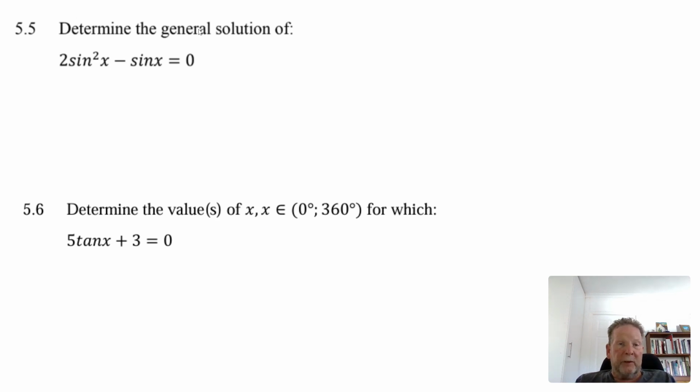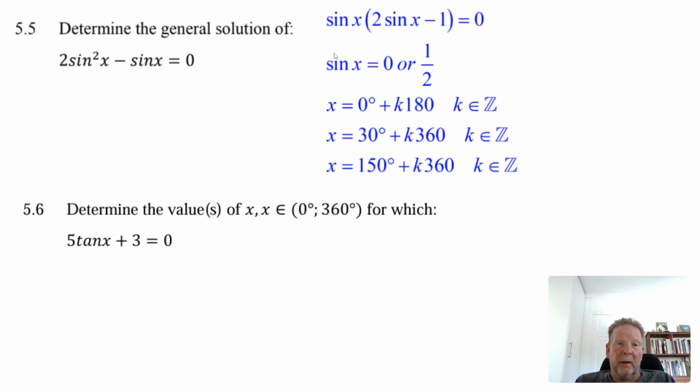Questions. The first one is a general solution question. And what are you going to do with this? Well, this is like factoring a quadratic to find solutions, except you've got sine x here. You factor out sine x. Sine x times 2 sine x is 2 sine squared x, and sine x times minus 1 gives you the